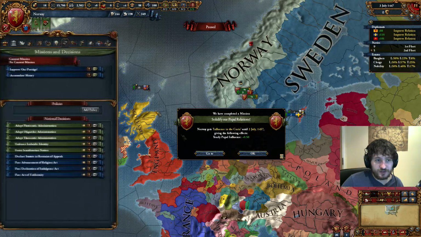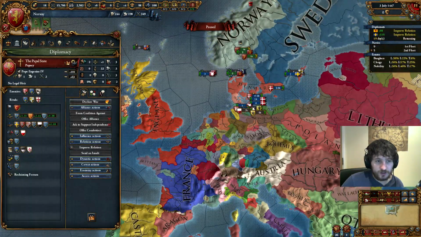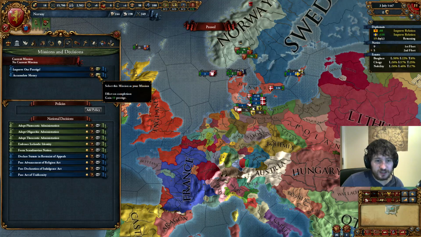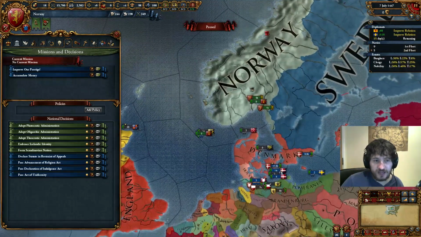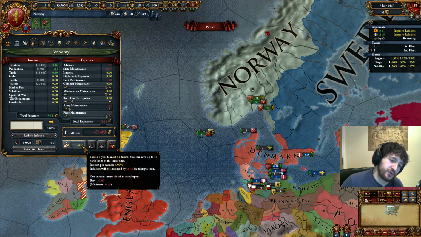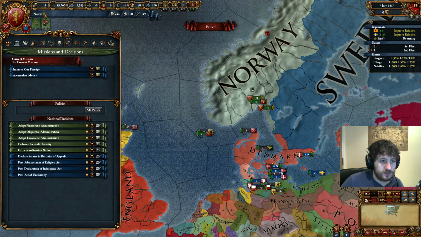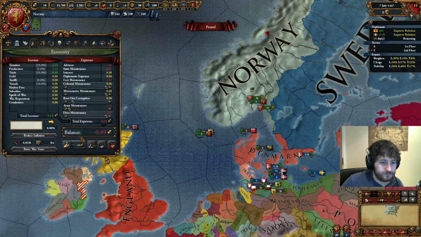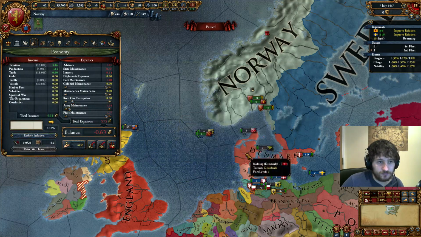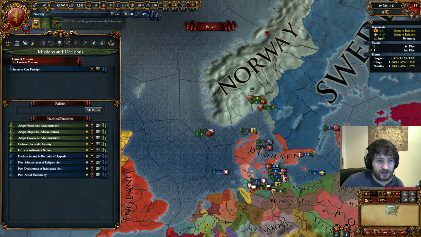Okay, we've got solidified papal relations, so you can take that off. Then you can, of course, get the accumulate money, get ducats, but we're not going to take that because we don't really have the ability to do so. Though we could take a loan, and it would get us to 62. So, yeah, okay. There we go, 10 free prestige. We're going to need the loan anyway, so...